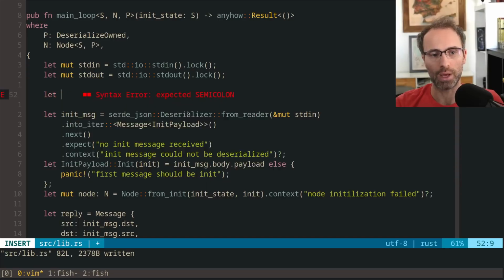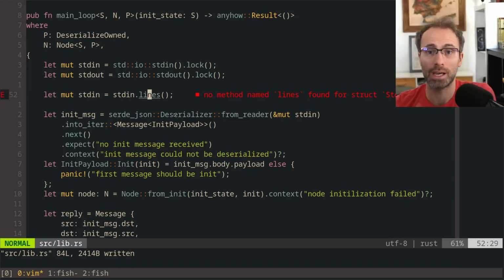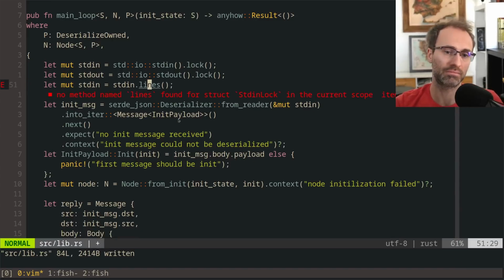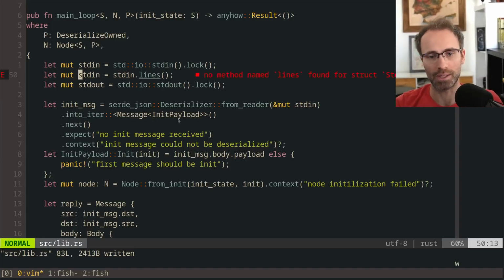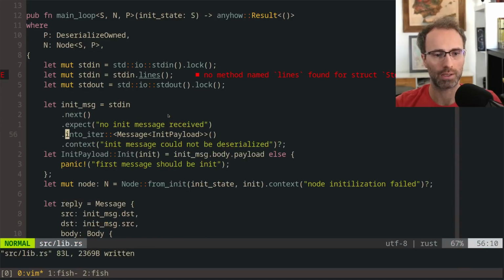So one way that we could do this instead is standard in is standard in.lines. Right? And then we could deserialize each line at a time instead. And maybe we should just do that. It's not a bad suggestion. So in that case, what we would do is standard in dot next dot expect. And then we would do